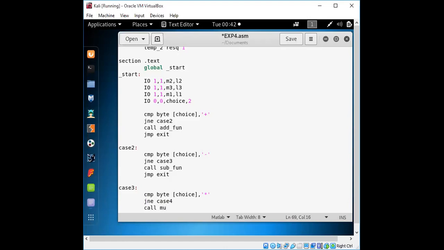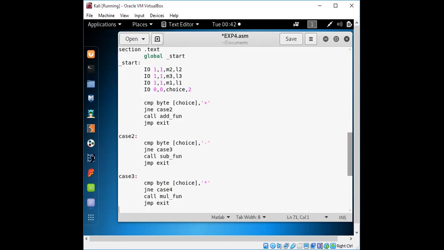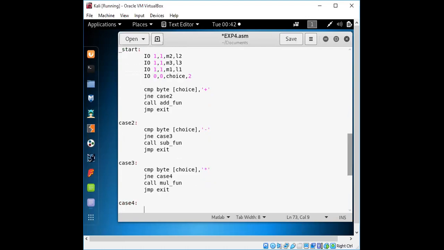Then the third choice is multiplication. And the last choice is for division.